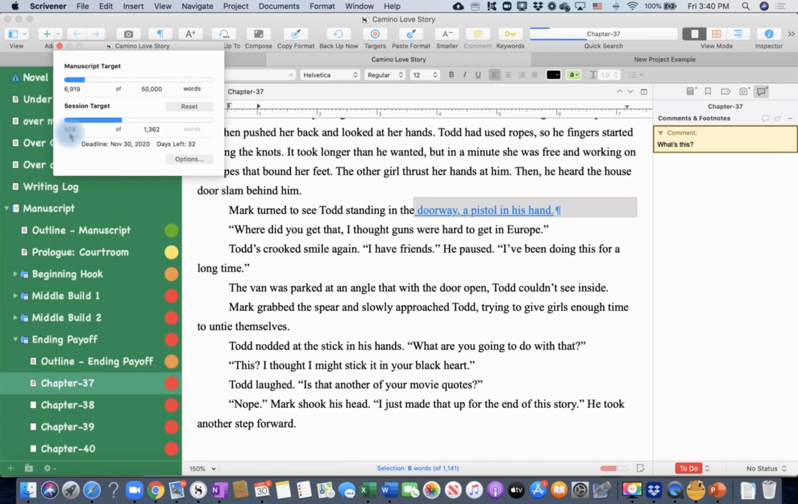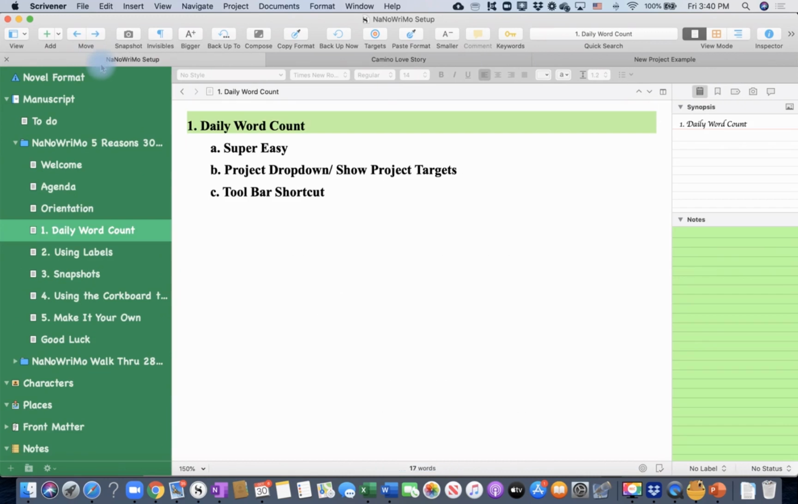So all you have to do every day is, if you've written different chapters, different scenes, and they're all in your manuscript, you just click on this target button. It shows you how many you've written for the day. Easy, easy, easy. All right, so second thing,